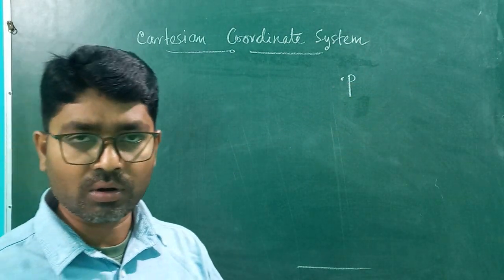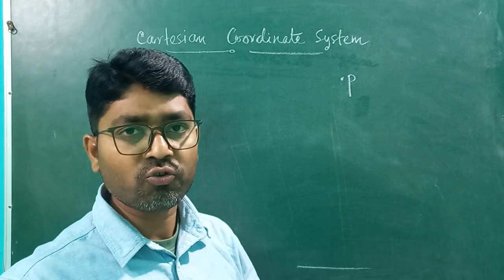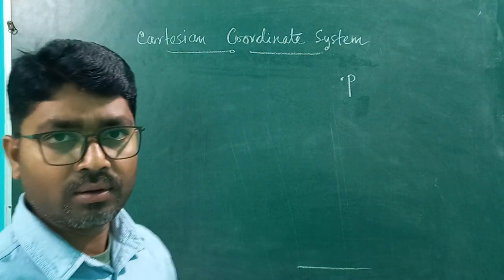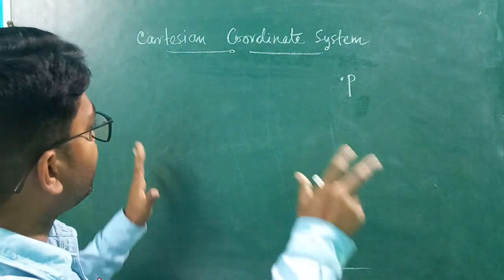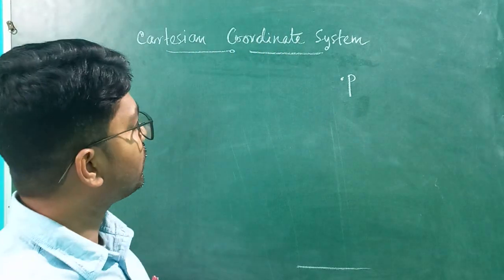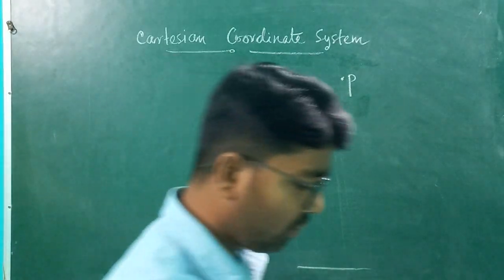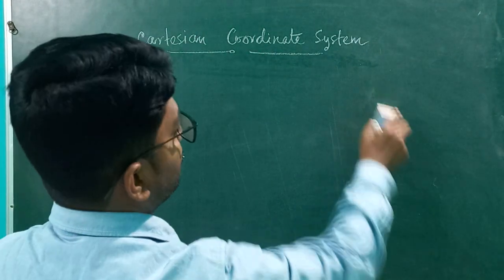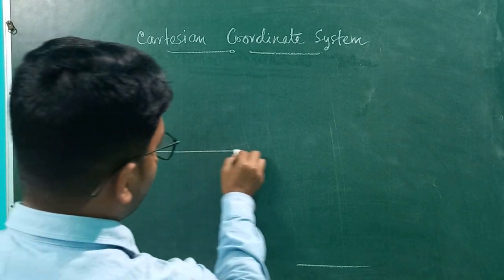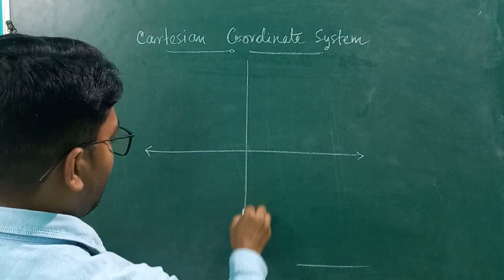There are so many ways, but among them the Cartesian coordinate system is the most popular and simplest form. So in this class we will describe the rules of this system and how we can specify the position of the point. First of all, in this system we draw two lines, one horizontal line and a vertical line,